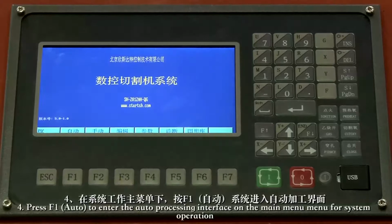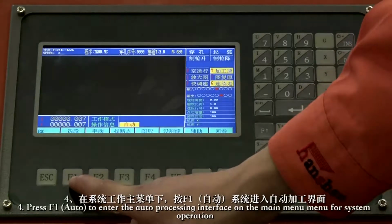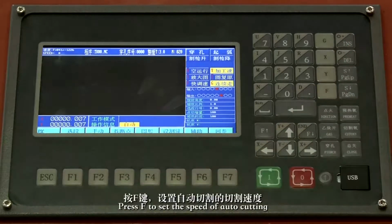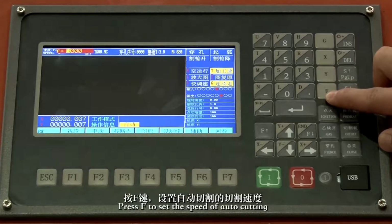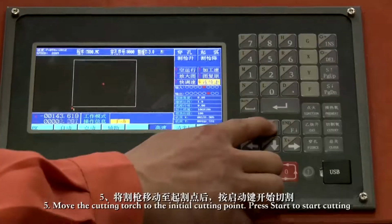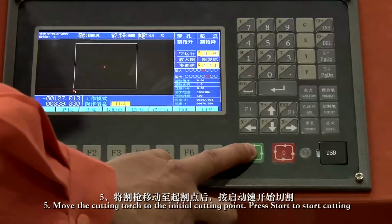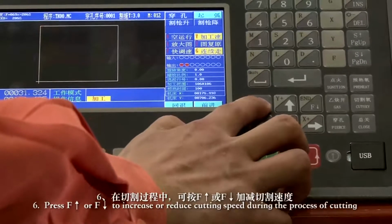4. Press F1 Auto to enter the auto processing interface on the main menu for system operation. Press F to set the speed of auto cutting. 5. Move the cutting torch to the initial cutting point. Press Start to start cutting. 6. Press F up or F down